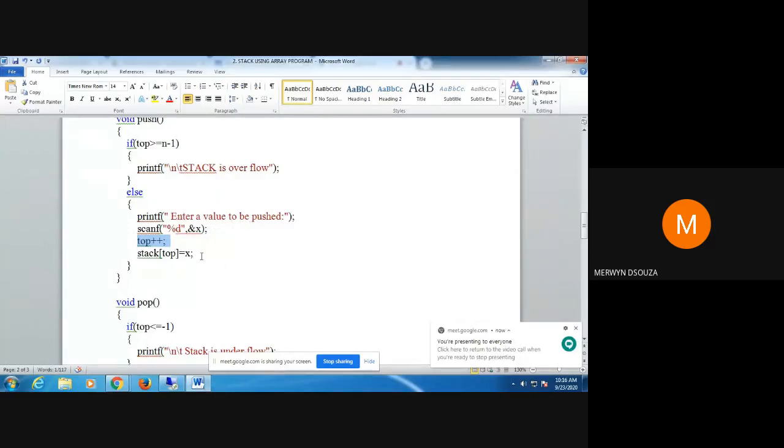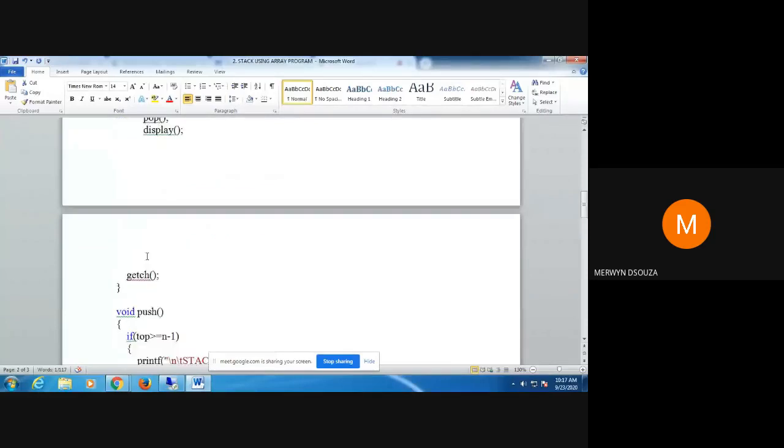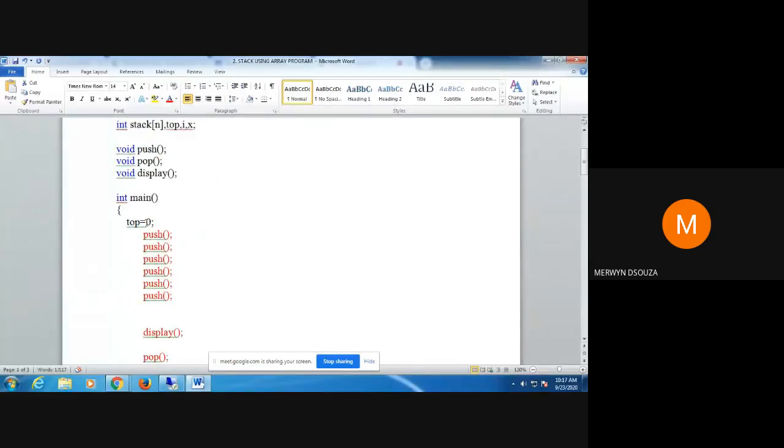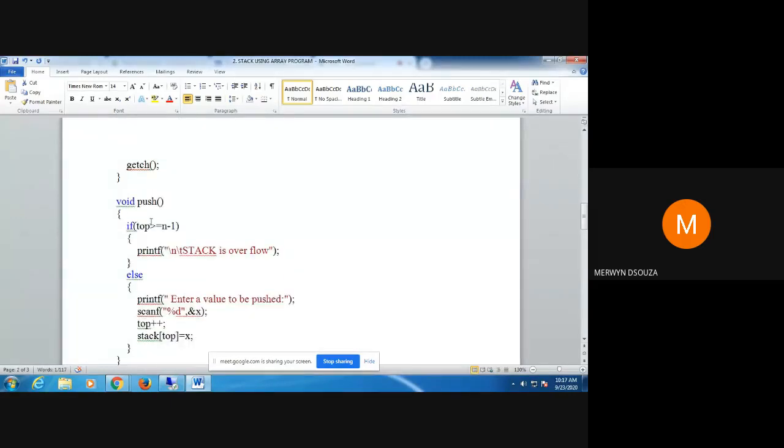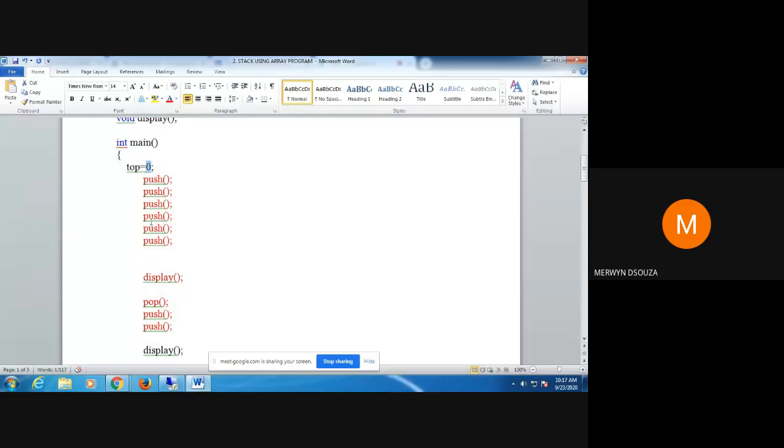So the first value that you insert will be inserted at stack 1. It will not get inserted at stack 0. So if you make this 0 initially, your first value would have got inserted in index 1 instead of index 0. That's why we set it as -1.